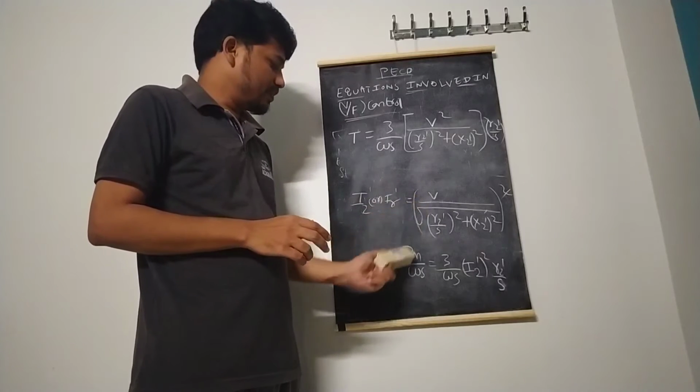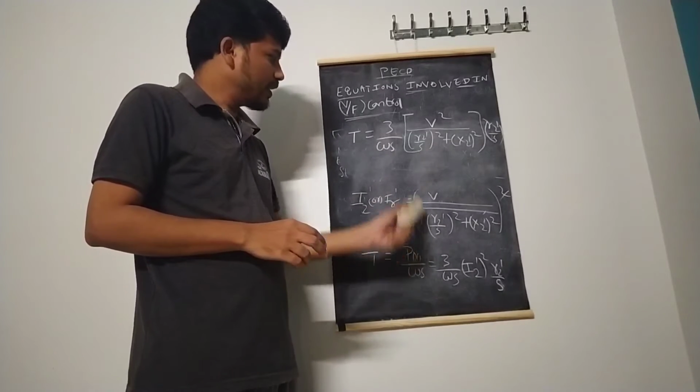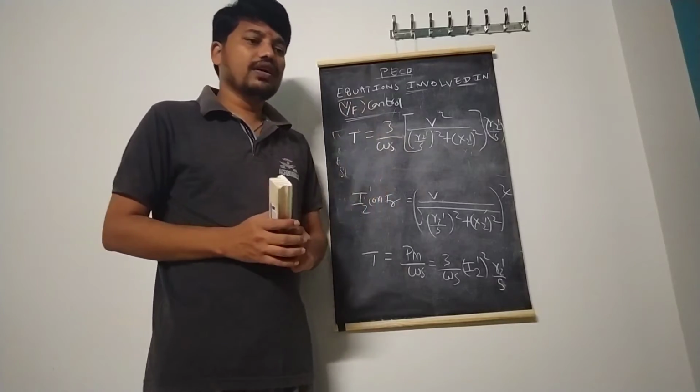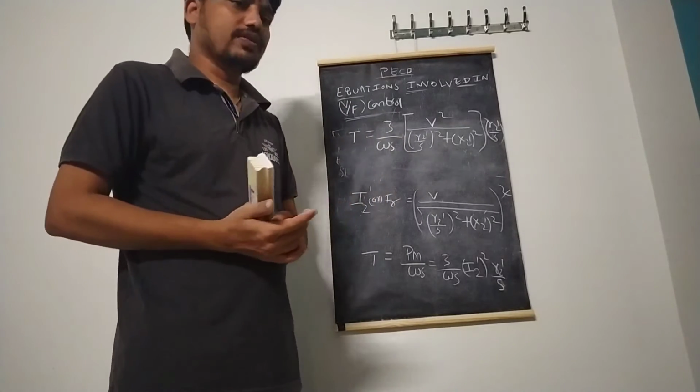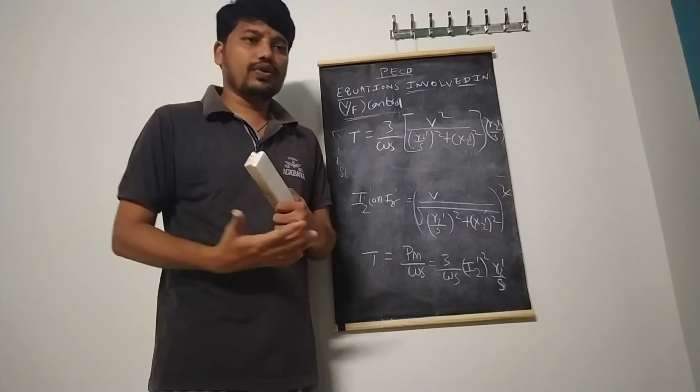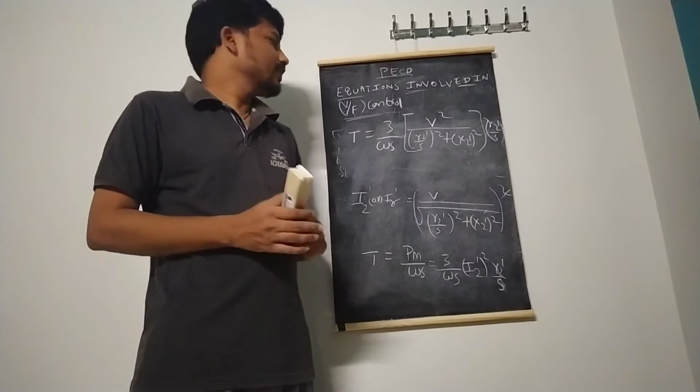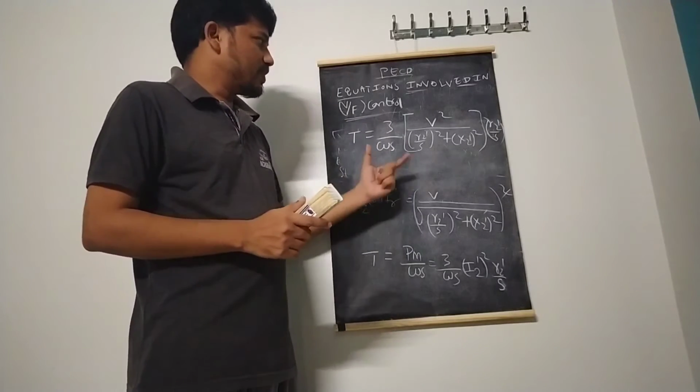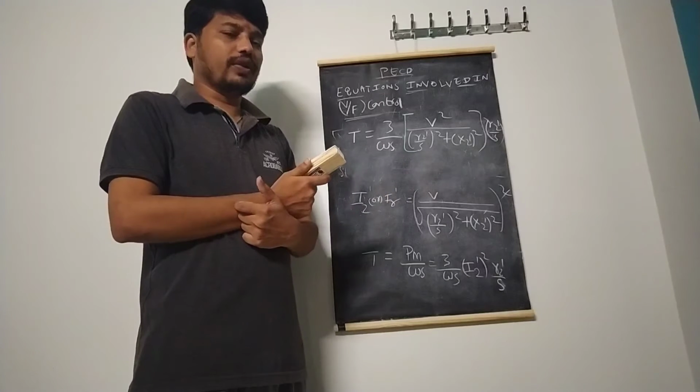Just remember the I2 dash equation and the torque formula T is equal to Pm by omega, then substitute and you get this equation. In some textbooks you can determine the torque equation based on the Thevenin equivalent and some fundamental concepts like field theory. But here, as per our syllabus, I am simply doing it so that it is very easy to remember.